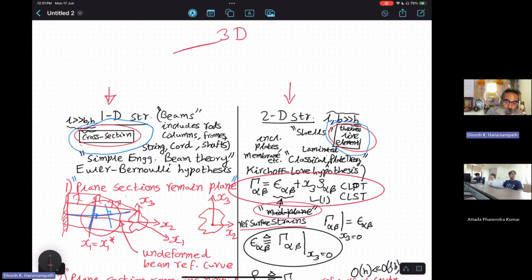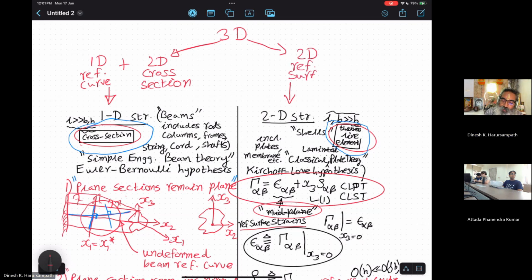So here we broke the 3D into a 1D reference curve plus a 2D cross section. And therefore we ended up with the Euler-Bernoulli beam theory. On the other hand, here what we are doing is we are doing just the reverse. We are starting with a 2D, which we call as the reference surface, and then we have a 1D, which is the thickness